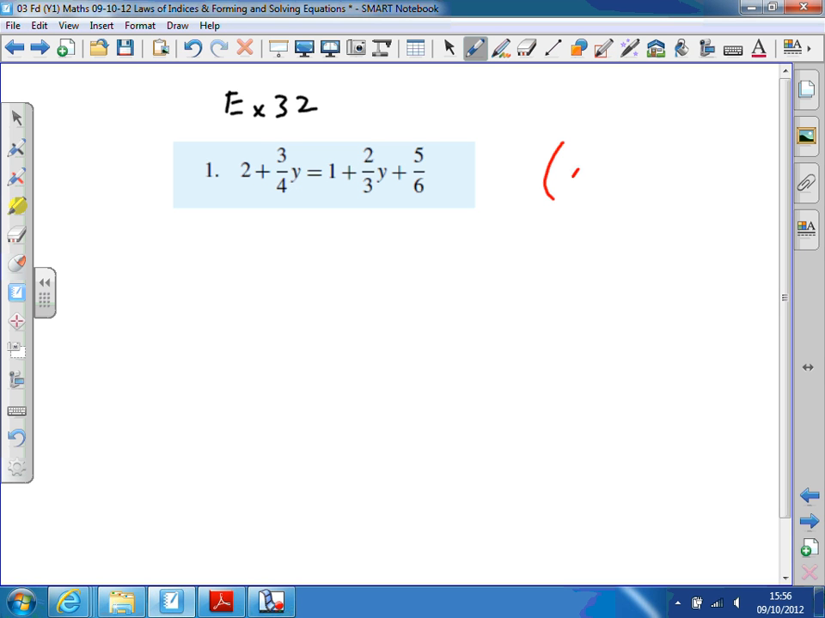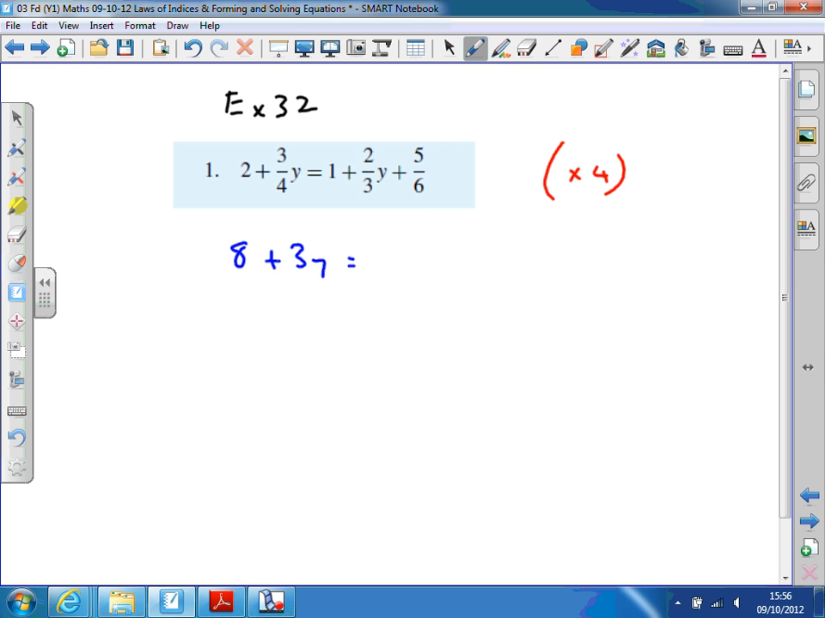So I'm going to multiply both sides by 4. So that means every term, that term, that term, and that, every term must be multiplied by 4. 2 4s are 8, plus, if I multiply this term by 4, the 4 cancels, which is what we wanted to happen. And I'm just left with 3y